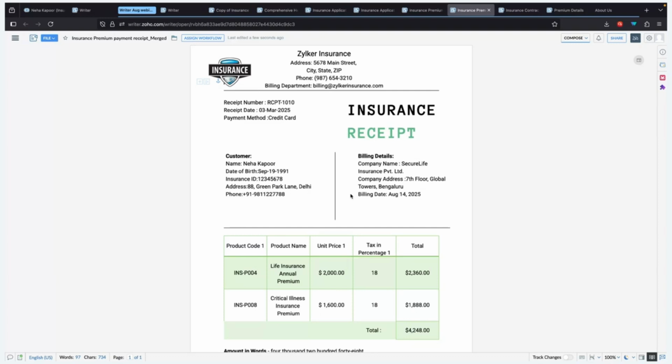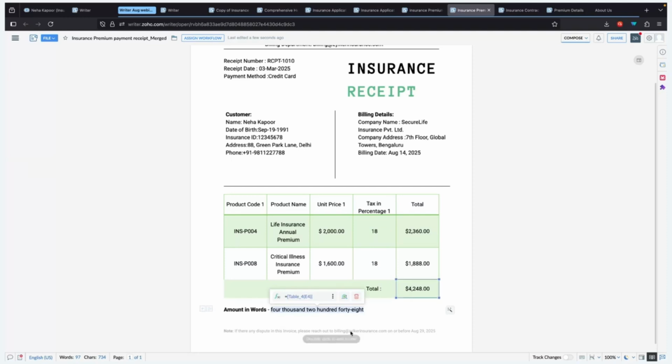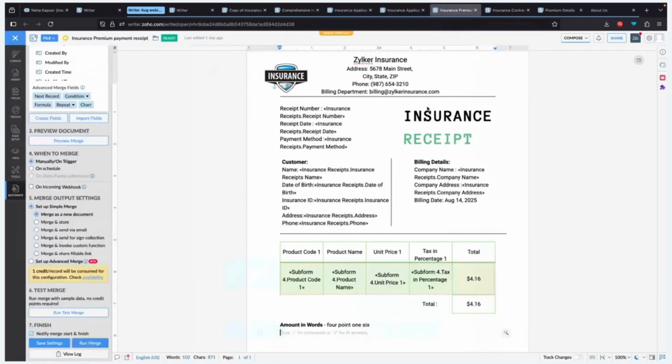So now you can see that all this information is available. The total amount is being calculated, and I'm also getting the entire total that the customer has to pay. And here you can see that the amount in words is excellently translated. So it's 4,248, and I just have to send this to my client in order to acknowledge the payment that they made. So that's how easy it is for you to generate payment receipts within